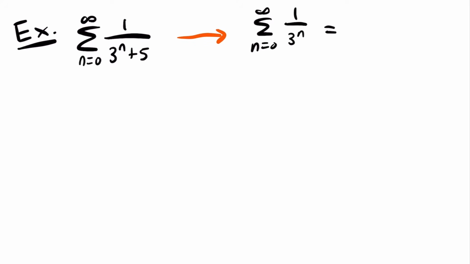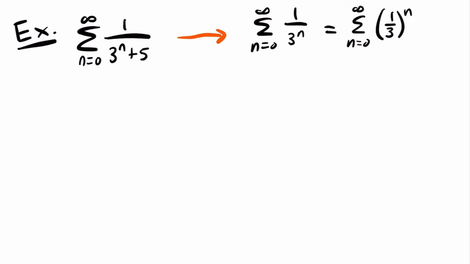This would be equal to the sum from n equals 0 to infinity of 1/3 to the power of n. Right? This would be the same as 1 to the power of n because 1 to the power of n is just 1, and so we could just take that whole fraction to the power of n, which is what we have right here. And this is in the form of a geometric series that we can easily determine the